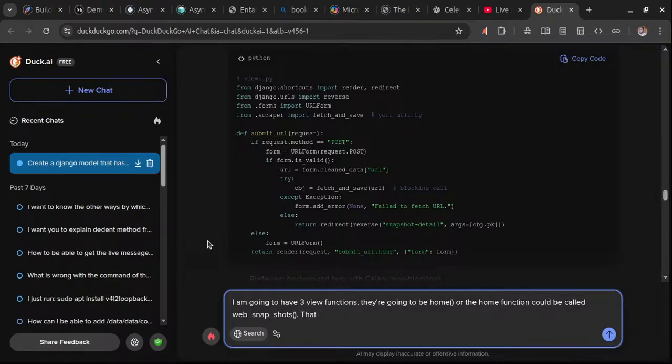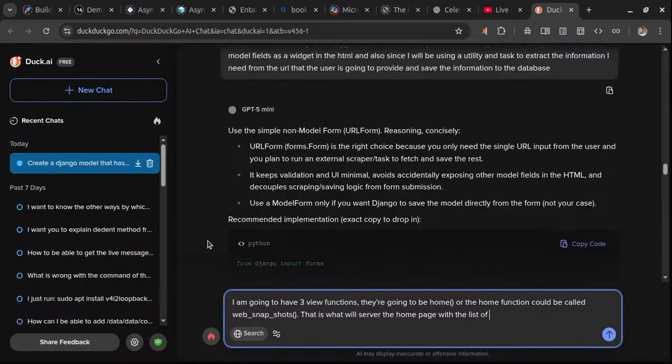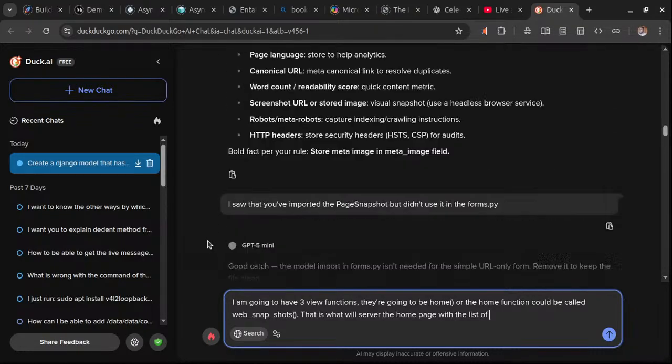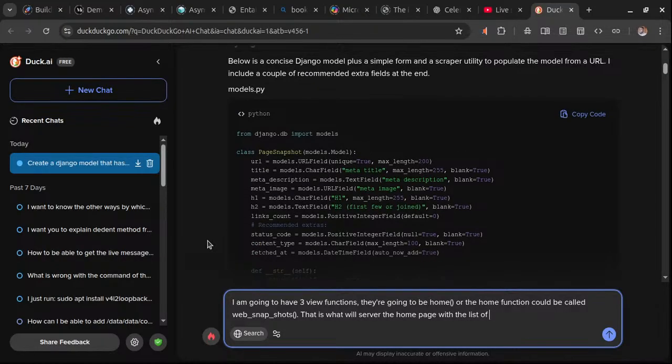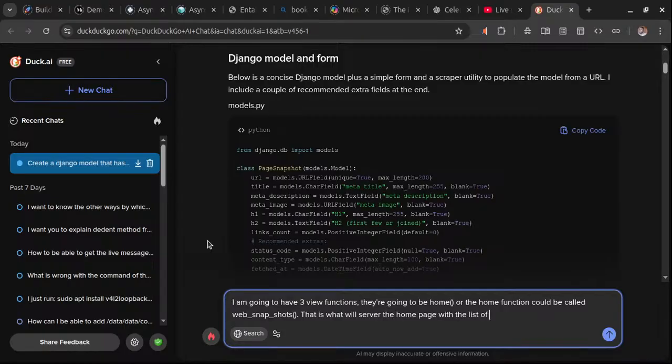That is what will serve the home page with the list of, I want the name of our model with a list of page snapshots